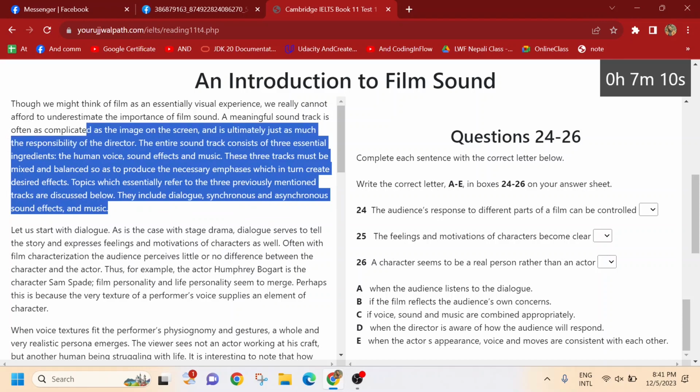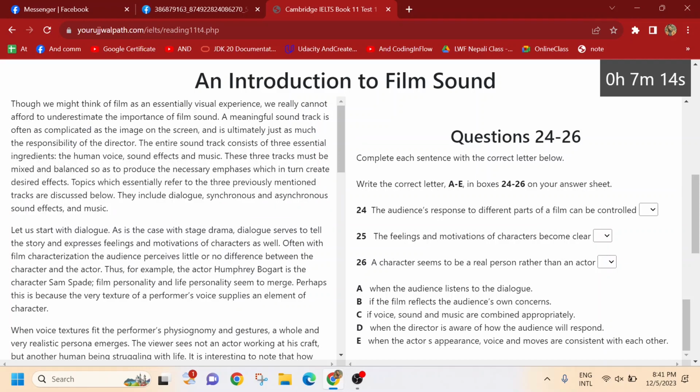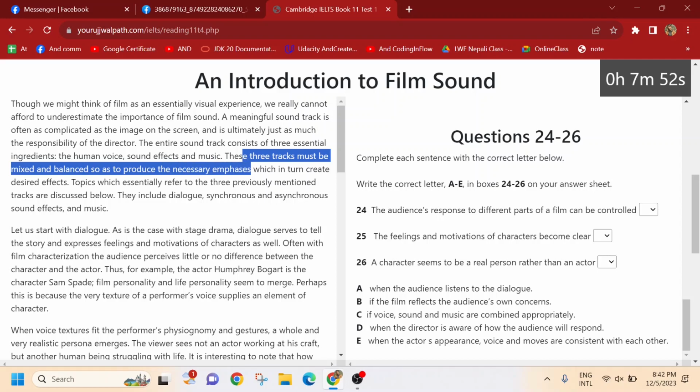So this is the introduction to film sound, and it tells us that sound is as important as the images, and it is also the responsibility of the director to handle it very carefully. The entire soundtrack consists of three things: voice, sound effects, and music. And these tracks must be mixed and balanced so as to produce the necessary emphasis, which in turn creates desired effects.